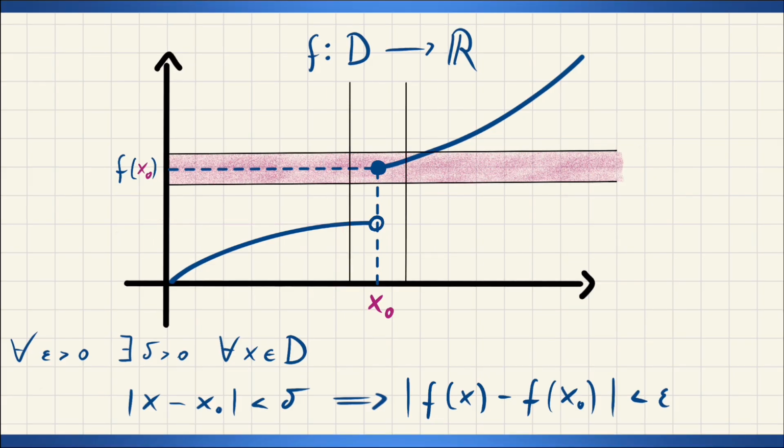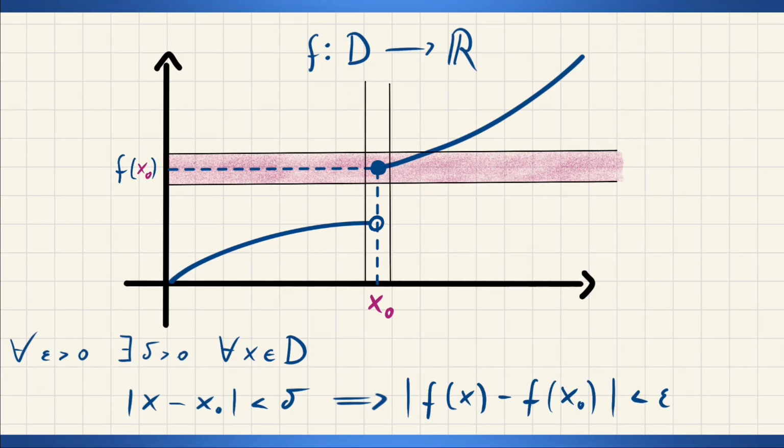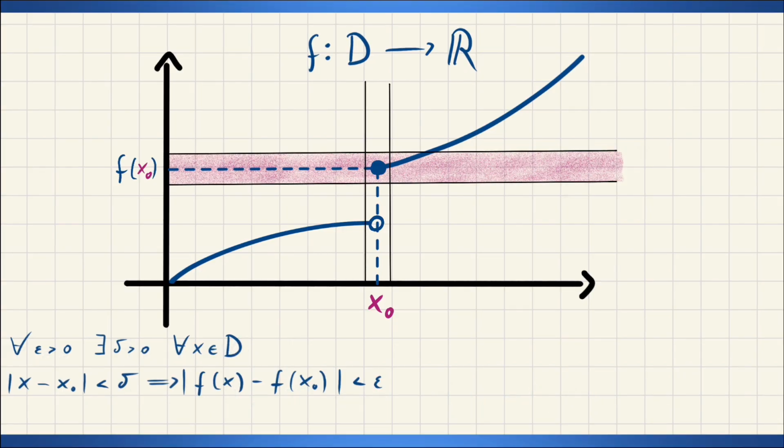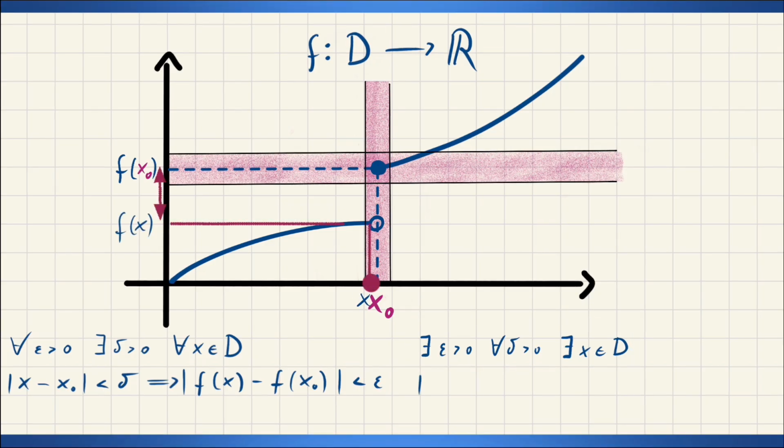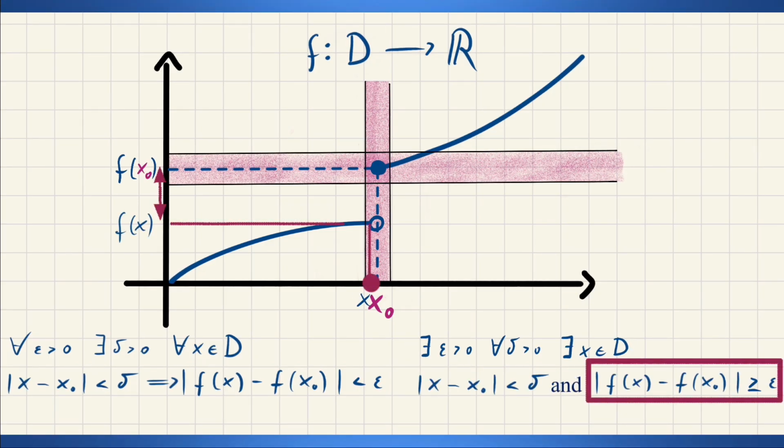The same goes for this delta, and so on. In this case, we apply the negation of the epsilon-delta condition to show that the function is not continuous at x0. The negation says there exists an epsilon such that for every delta there is an x with the absolute value of f of x minus f of x0 greater or equal than epsilon. And that's exactly what we see here. So this function is not continuous at